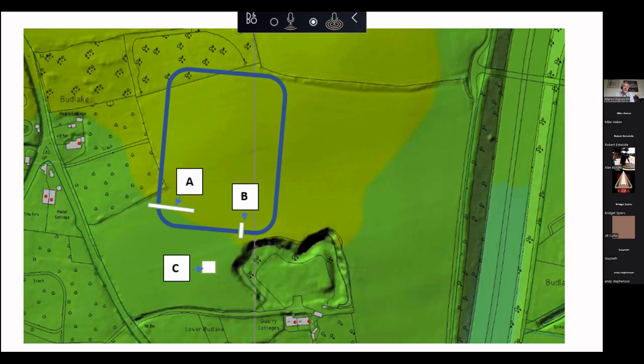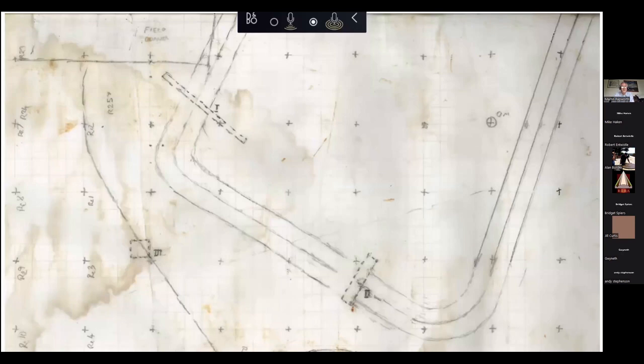But we had to be very careful, of course, because we were only just coming out of COVID restrictions, so everyone had to take a lateral flow test before going on the dig, and we all sat apart, and we were all quite careful about tools and that kind of thing. But based on our plans, this is how we laid out our trenches at the end of June